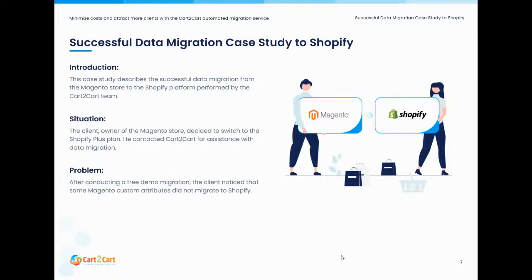But it was not just regular Magento, but Magento Cloud. This is slightly different, as in order to connect to the store, the connection bridge has to be uploaded and configured directly in the database. The first request was the migration of customers and orders only. There were approximately 1.5 million entities to be migrated, as the products were transferred previously by another tool called Matrixify. Perhaps you have heard of it already.